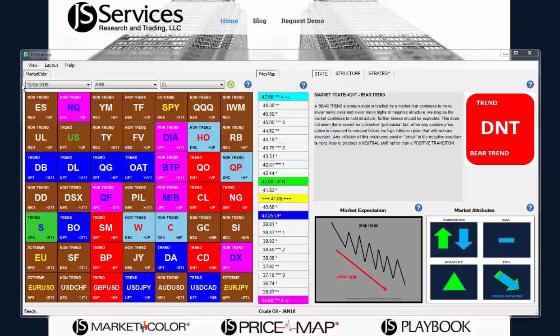Hello. In this video I'm going to go over the JSDesktop and show some practical application using a couple platform integrations that we have. Today we're going to look at the crude oil. JS Services Analytics follow a strategy-based trading approach where we look to align our trading tactics with the market state